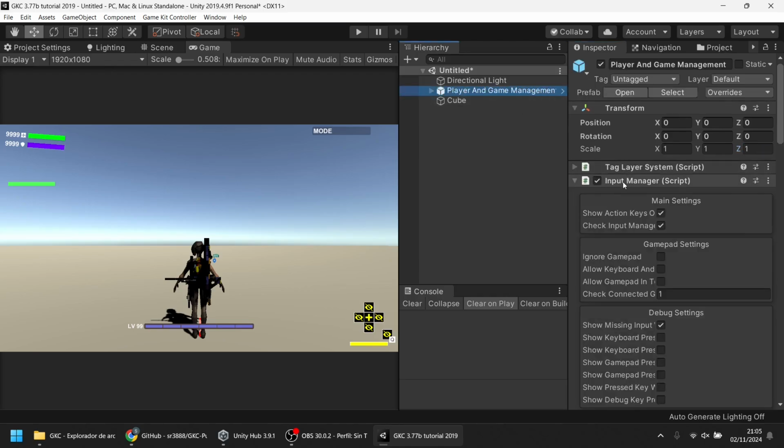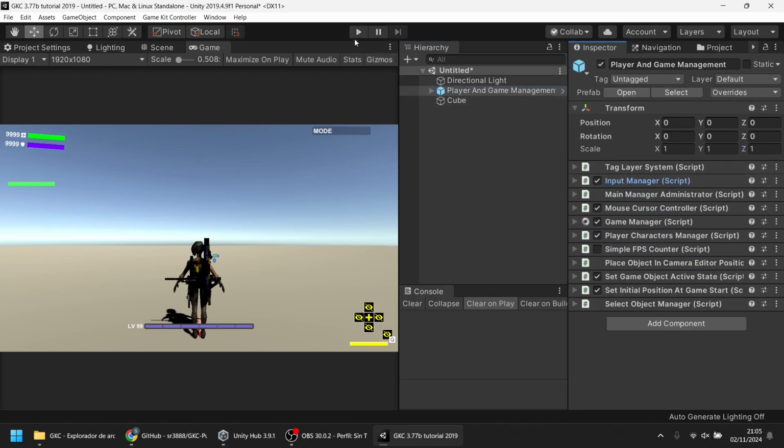One thing that you can do, that the system will do automatically when you press start play, is to do it before that, which is also made when you make a new player in a new scene.